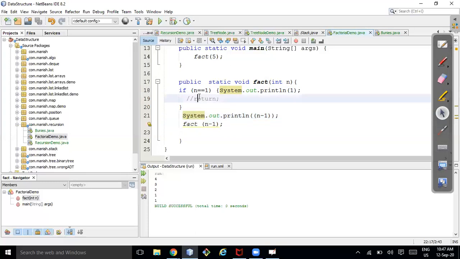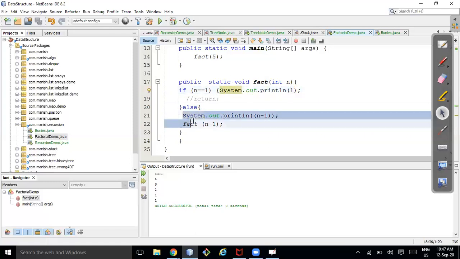So if I'm not writing return here, the other thing I can do is write something like this. If n is equal to 1, then this part of the code will be executed. Otherwise, this part of the code is restricted.